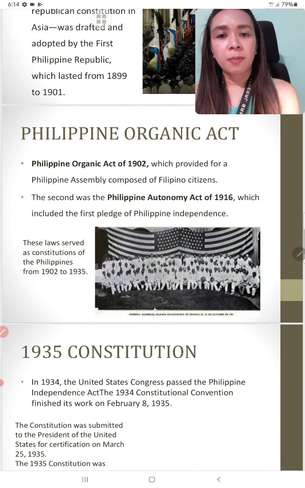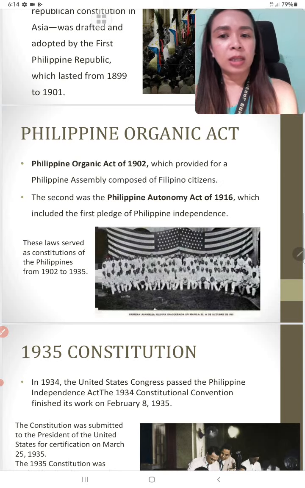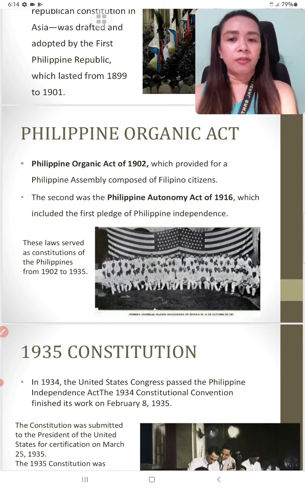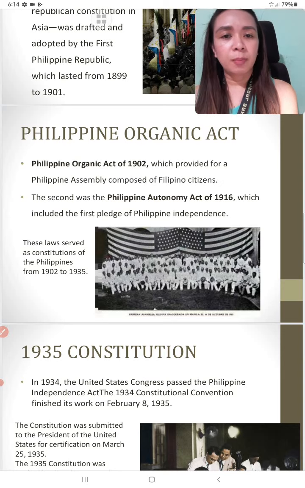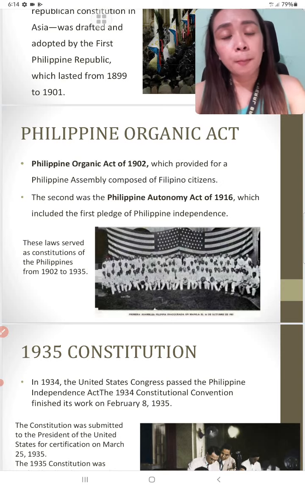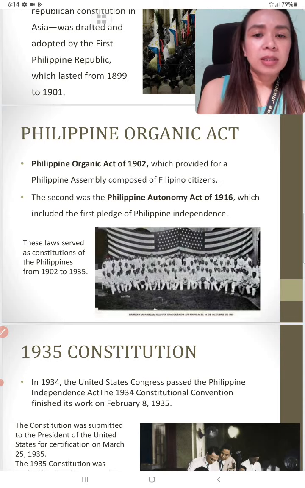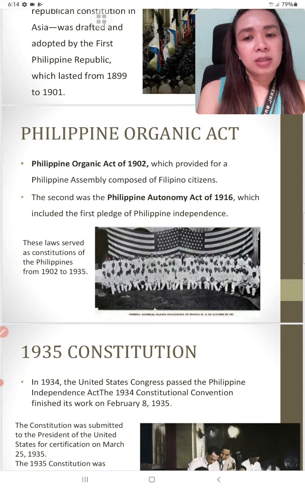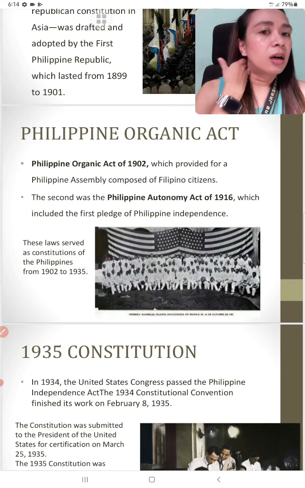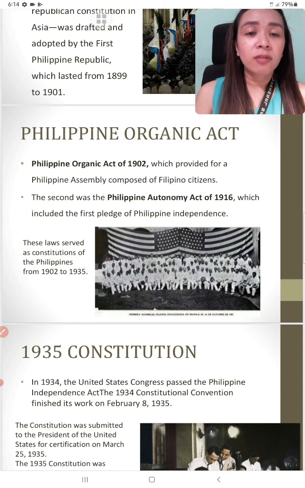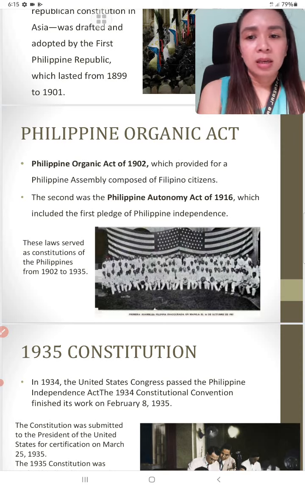Next is the Philippine Organic Act. Ito yung sa panahon na ng Amerika in 1902. It provided for the Philippine Assembly composed of Filipino citizens. So during the time ng mga Amerikano, di ba, if we can recall, the Philippines is given the opportunity to be represented kasi according to them, the Philippines is a separate state of the one of the states of the United States,